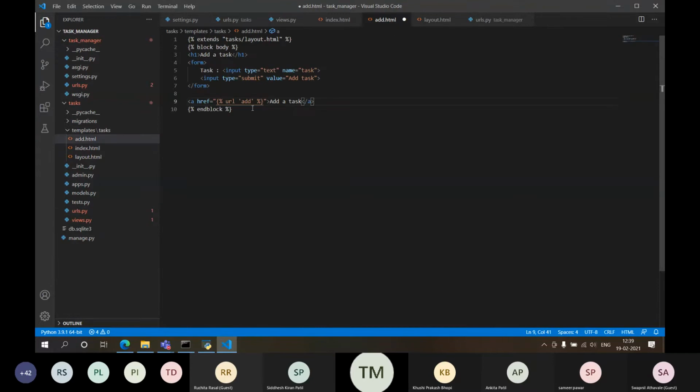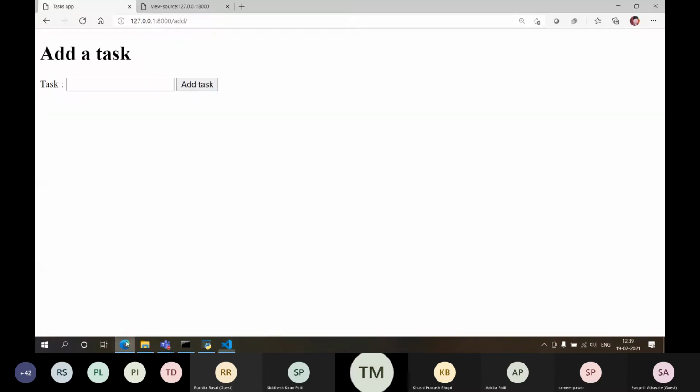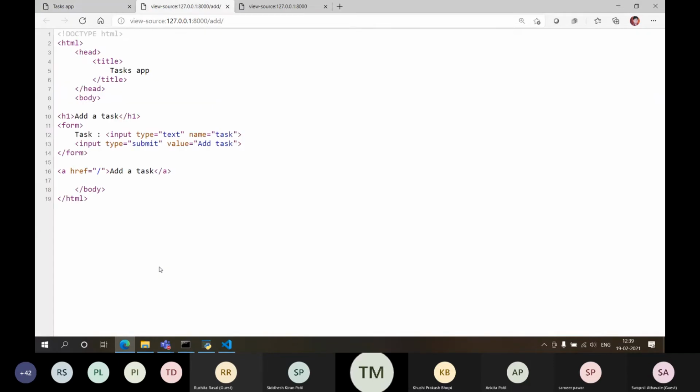So I'll go here and I'll mention index. And we just refresh the page. Yes, the link is added. Check the source code. It says slash, right? I have written index over there, but how has it appended the index?